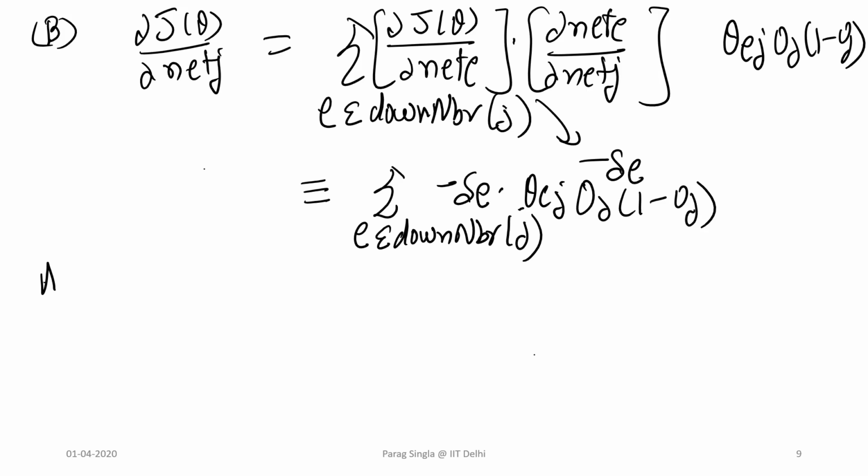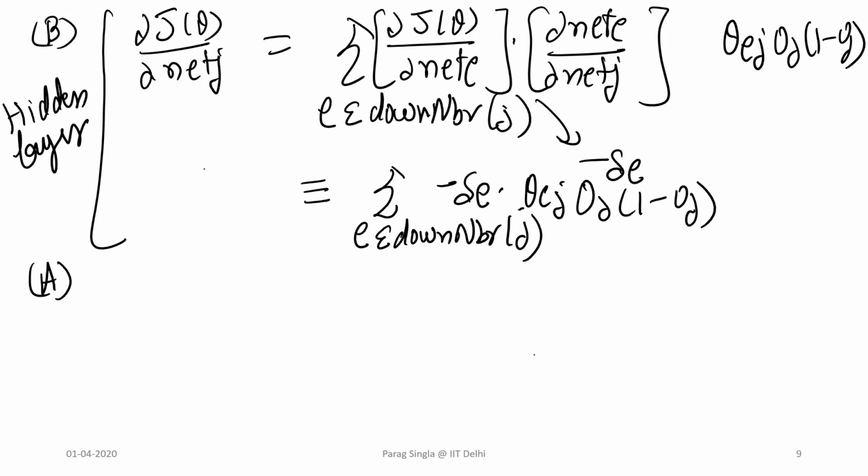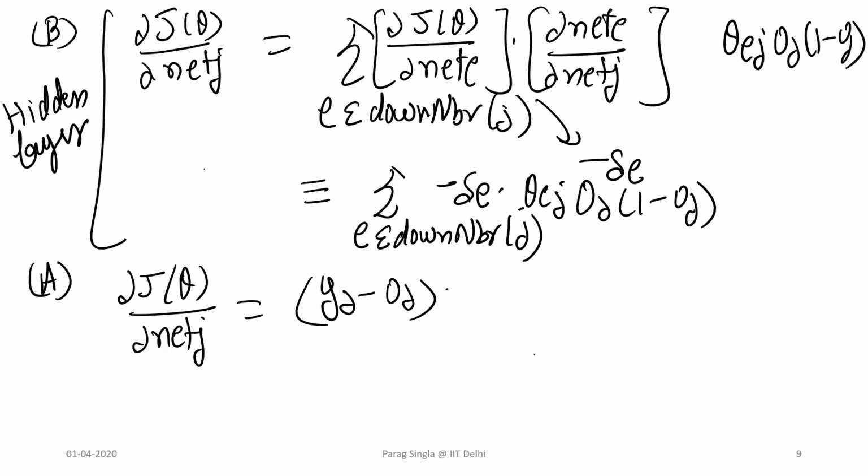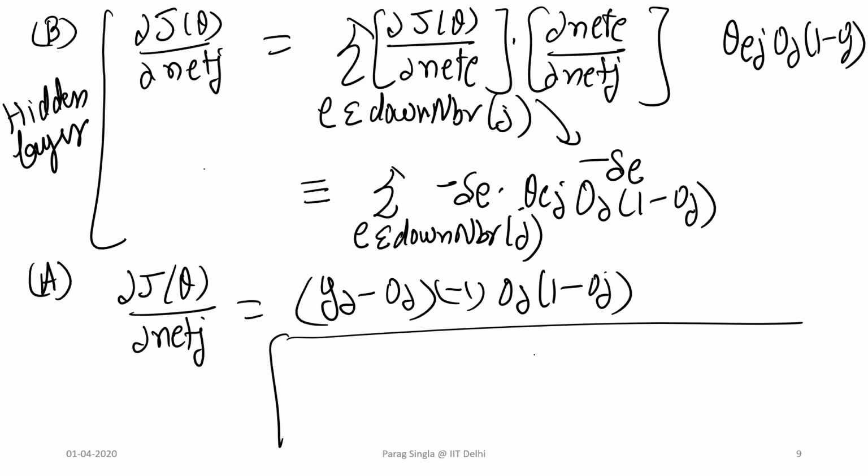And recall this is for units in the hidden layer, and similarly we also had for the units in the output layer, this gradient delta J theta with respect to delta net J was YJ minus OJ into minus 1 into OJ into 1 minus OJ. Combining these expressions together, we get